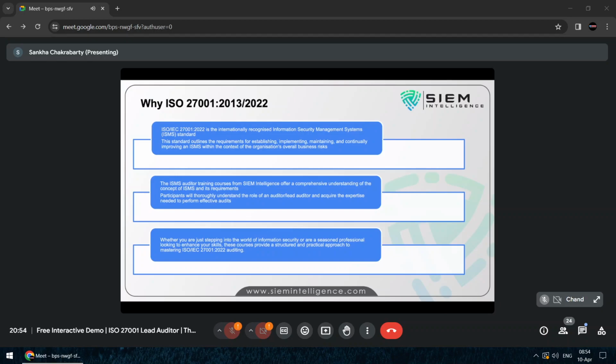Just like, for example, being a customer, an end user, whenever I'm going to buy any product, I see whether it's ISO certified, ISO 9000 certified. Similarly, when companies are going to do business, they see whether the company with whom they are going to engage is ISO 27000 series certified or not. Because cyber security and information security are a very important aspect. Unless and until your information is protected, unless and until your data is protected, no one is going to come to have a business deal with you.